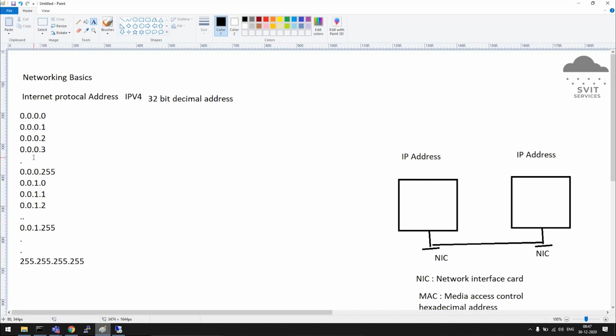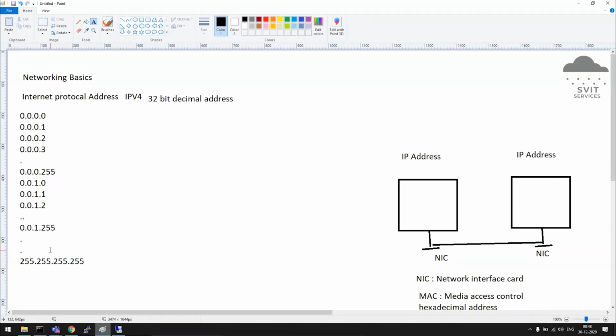If you try to enter any address outside this range on this NIC adapter, the adapter will not accept that address. It should be within these limits, 0 to 255. That's what IEEE states. IP version 4 is this one, and these network adapters are already aware of it. It will accept addresses from this range only. If you try to enter any number outside this range, like 256 or anything greater, it will not accept.